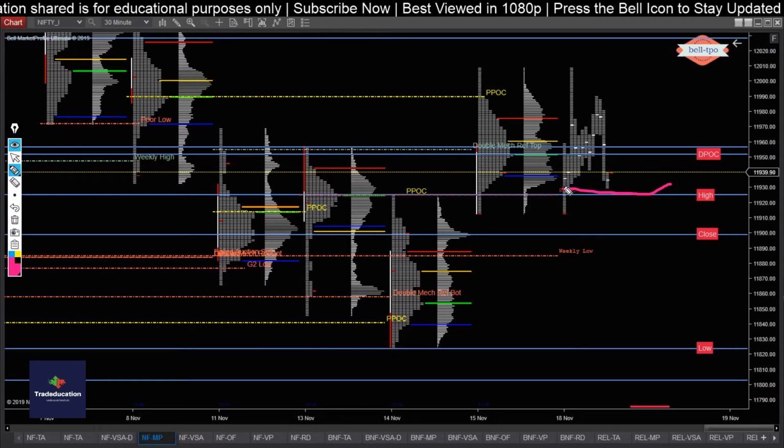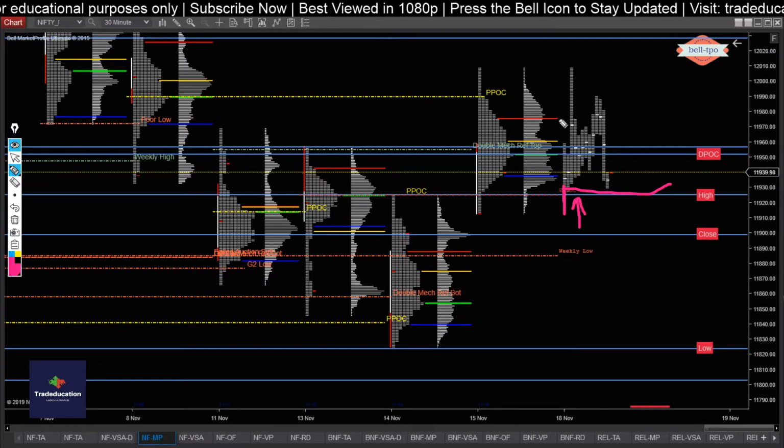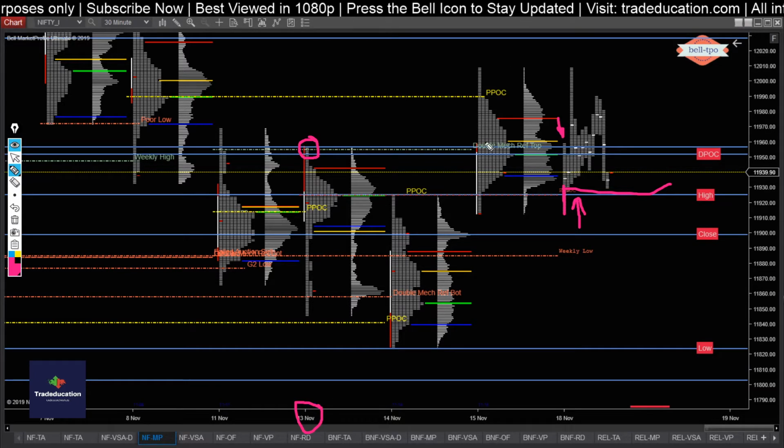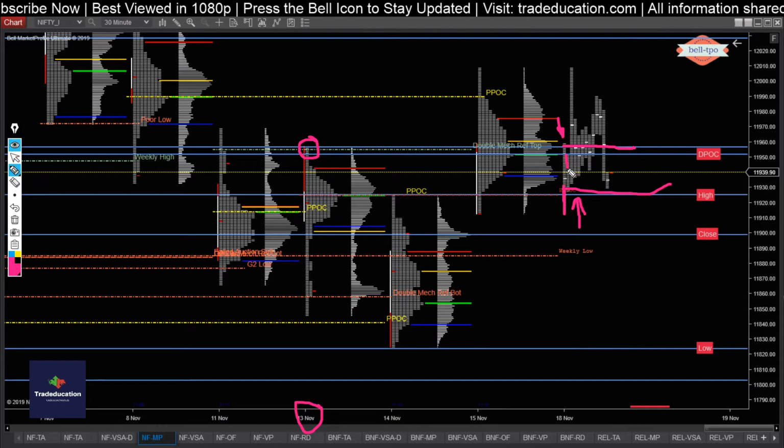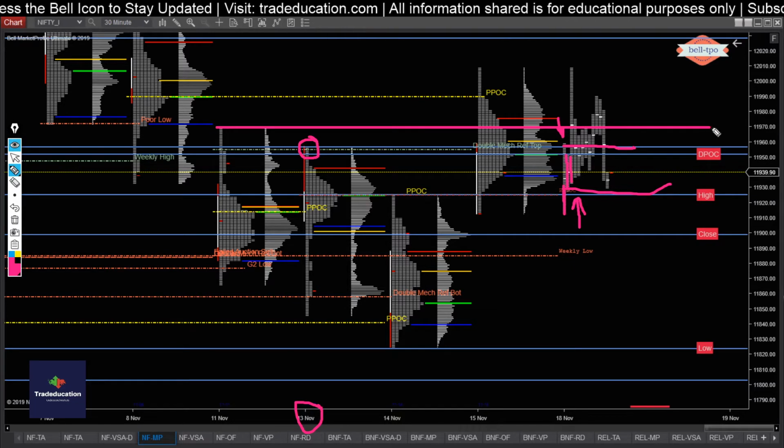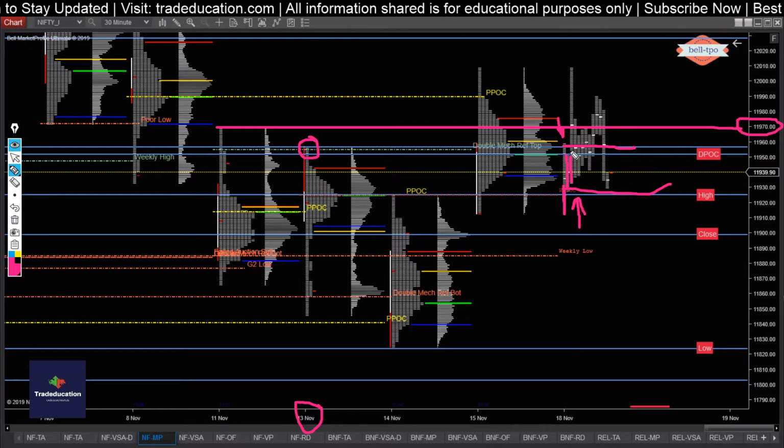What happened is it cleared the R PPOC, the PPOC level, and buyers started stepping in, and then it saw a sort of rejection at the day before yesterday's high, that is the 13th of November high. So sellers started stepping in at this level. Then B period was an inside bar, followed by C period. When the C period started, this high was a weaker reference, because there is one more level where the sellers will be present, that is the 11,970 level, which I anticipated would get cleared, and also we would be seeing clarity in the PPOC level.